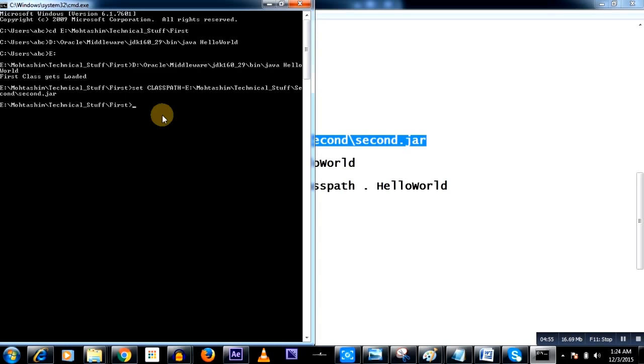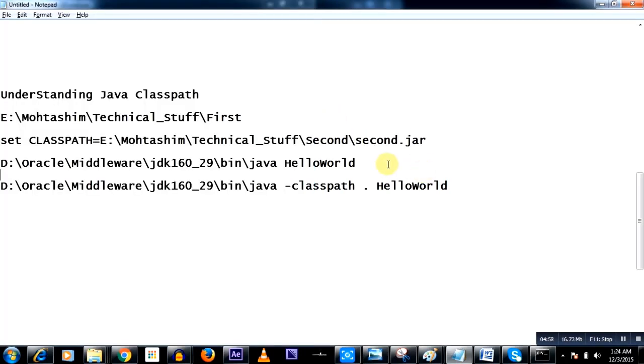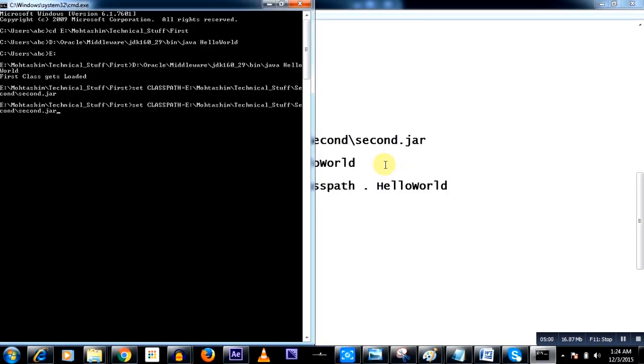So let me go ahead and run the hello world again, and guys, you see it says second class gets loaded. This means when you set the class path, although this hello world class is present inside this first folder, it will not prefer that, but it will go ahead and prefer the hello world from the second jar file.